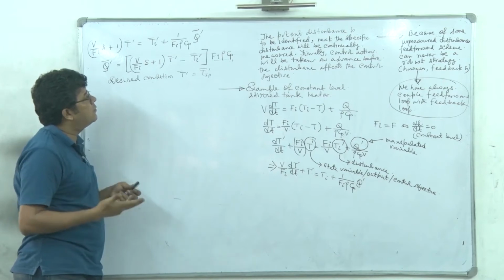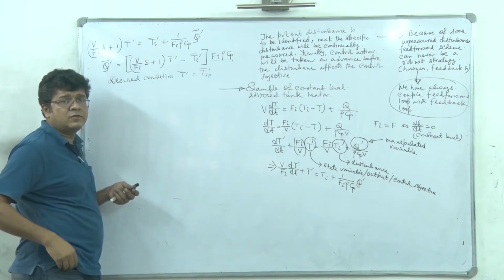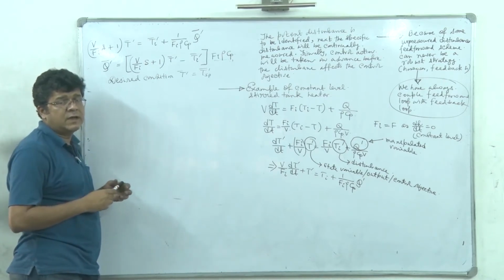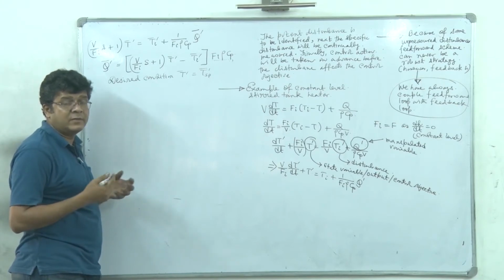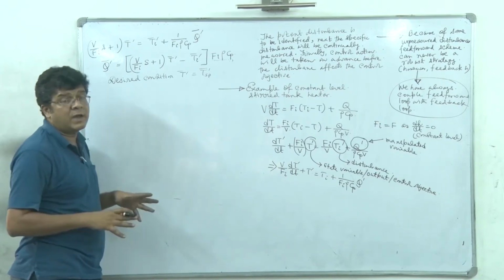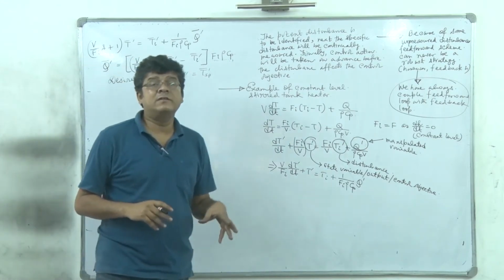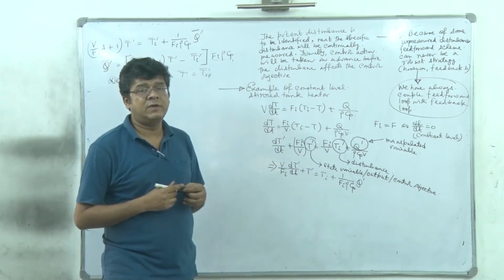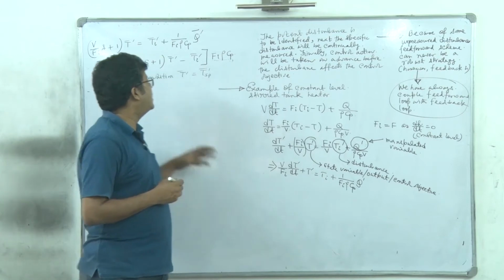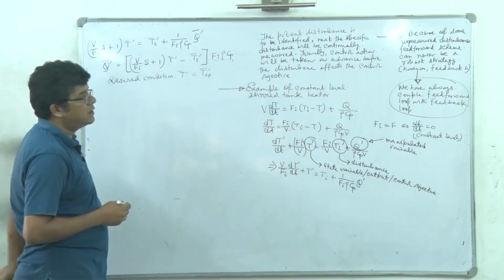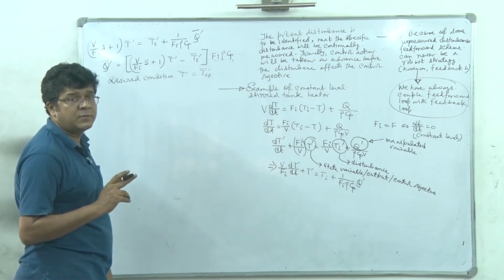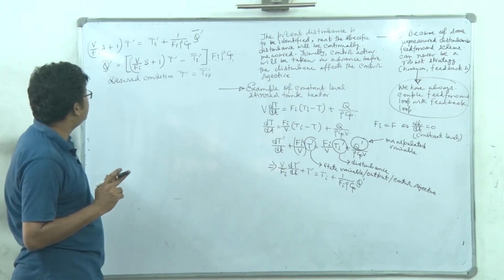Set point may be changing with time, that is in case of servo control, or it may be fixed at some constant value, which is a regulatory control where only the disturbances are changing, or maybe a combined case where we have a non-zero disturbance change and additionally a change of set point. So in all cases we can go for feed-forward control if we have properly identified the potent disturbance.